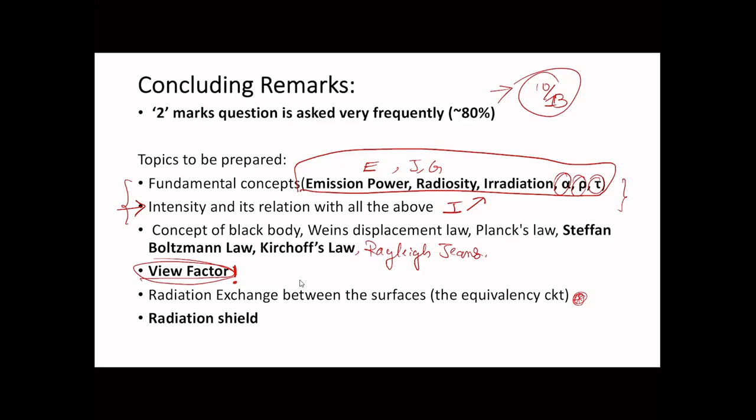Now I expect that if not from view factor, the question will come either from this or something related with this, I lambda. So from the 1990s, in between, there was a fashion of asking questions by giving some graph of I lambda versus lambda, and then based on the graph you need to integrate it and find out the total E. Or there was a graph given for E lambda versus lambda and you were asked to find out the total E value, something like that. So you can expect a question like this also to come.